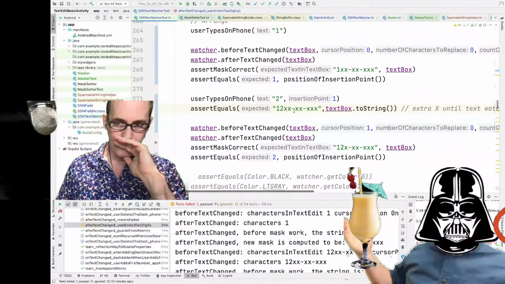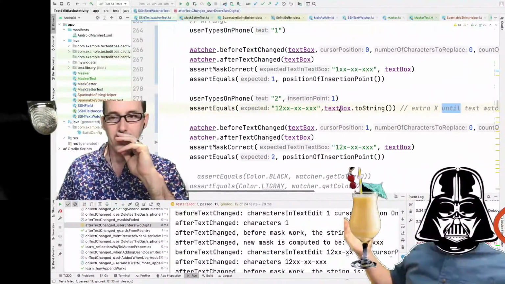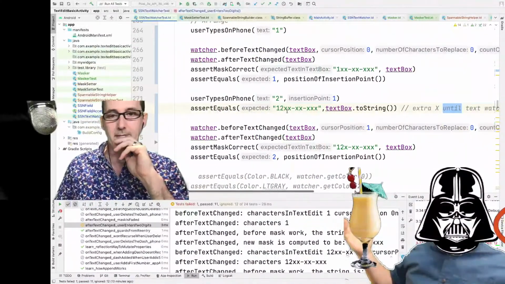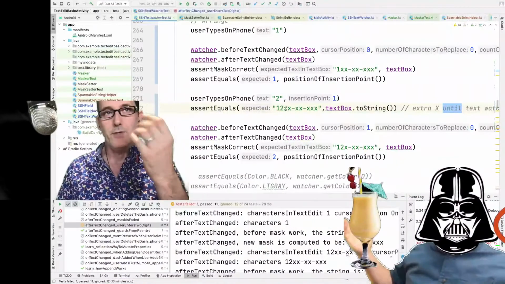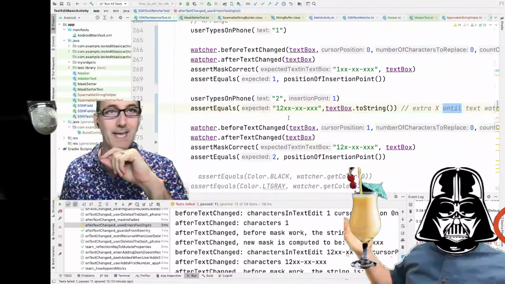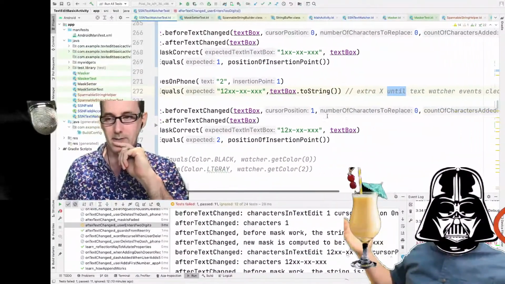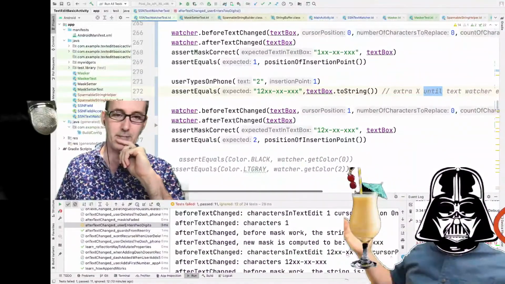Okay. Oh yeah, just like this comment says, there's an extra X until the text watcher event cleans up the mask. All right, so the user types in a 2, and before the user can actually see it, the user won't see this. There'll be an X hanging out here, and then we'll quickly make that go away. So before text change is called, after text change is called,